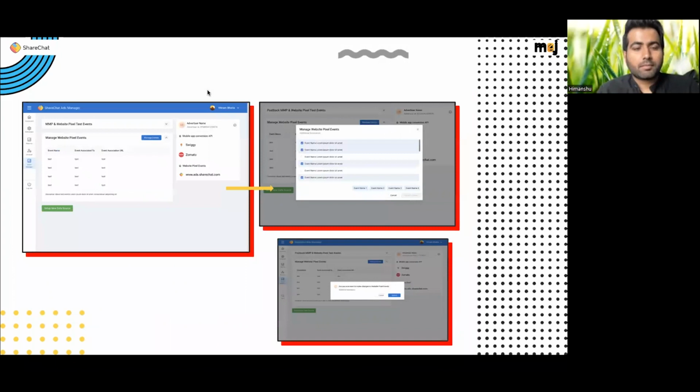So on the home screen, we have given you another manage event section. Suppose you have done integration for these three events, add to cart, initiate checkout, and purchase. Now you want to increment and add another step, let's say, complete registration. How do I do that, right? Do I have to go through the same process or not? So no, you don't have to.